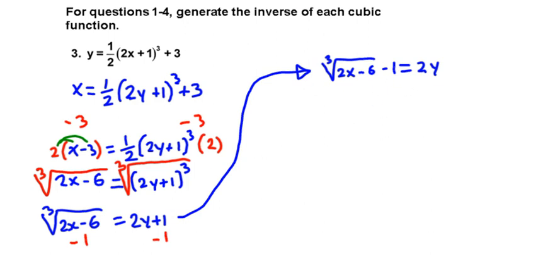And now we're going to solve this equation by dividing both sides by 2. And 2 over 2 cancel. And what we have left is y equals